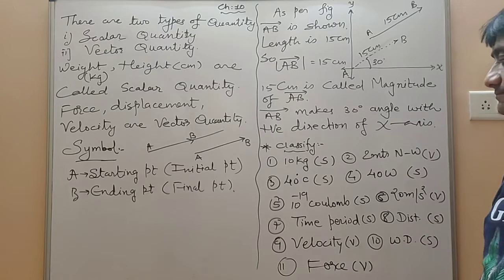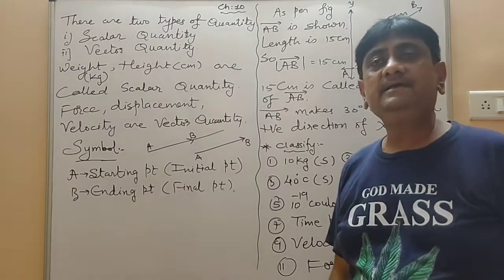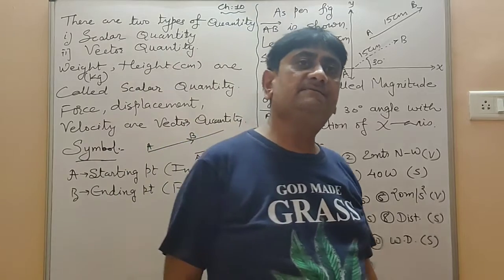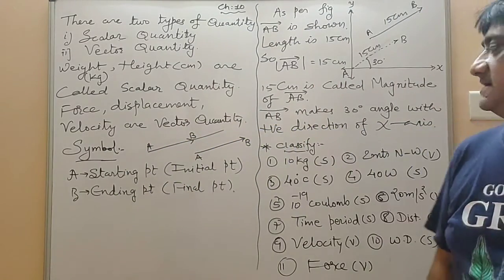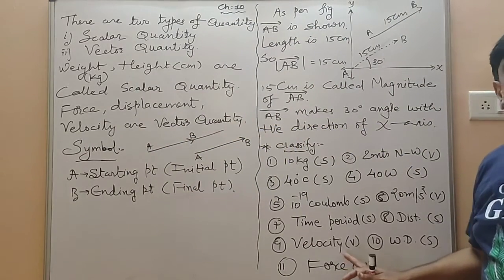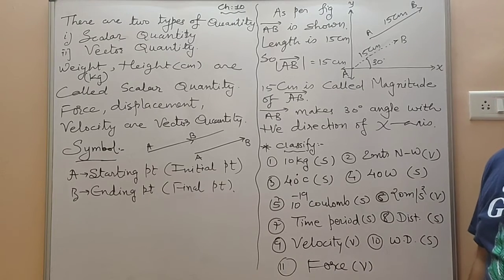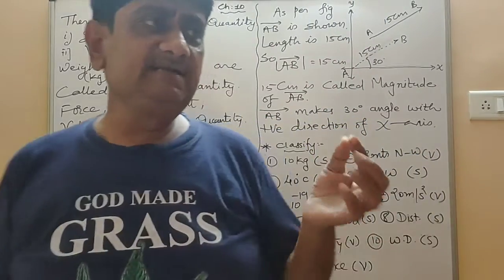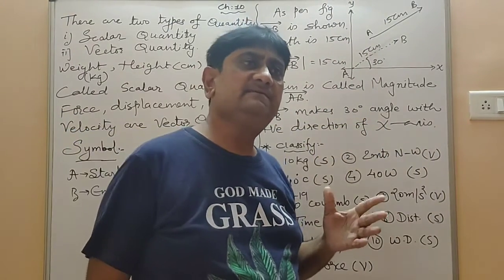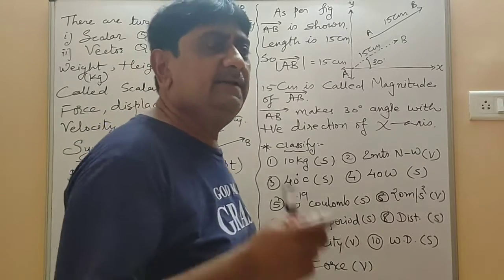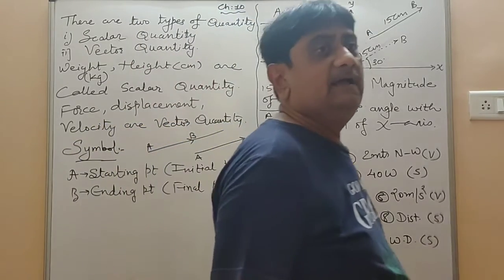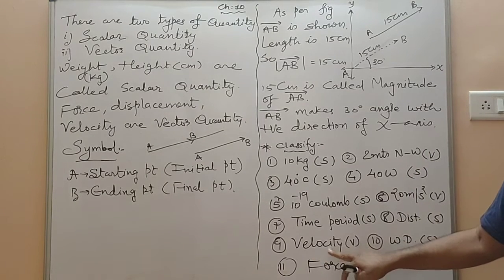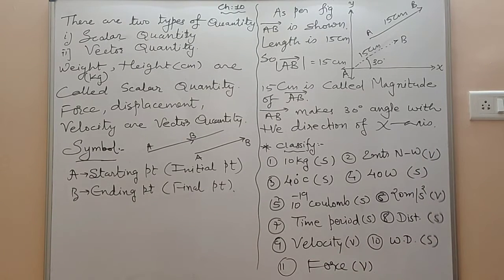Then velocity. Velocity is a vector quantity, because what is velocity? Velocity is meter per second. So meter per second is a velocity. So velocity is fixed. Okay, one train is there, its velocity is 20 meter per second at starting. It is a velocity, but it is fixed. A train will start from Ahmedabad and move around to Sabarmati. So it is fixed. In a velocity, direction is required.